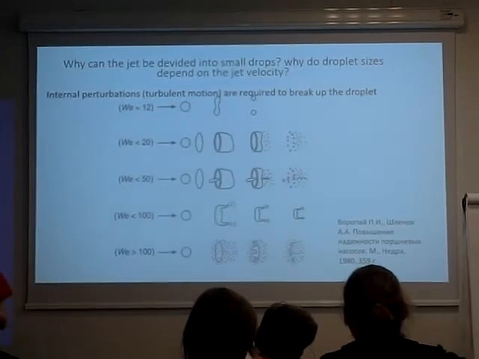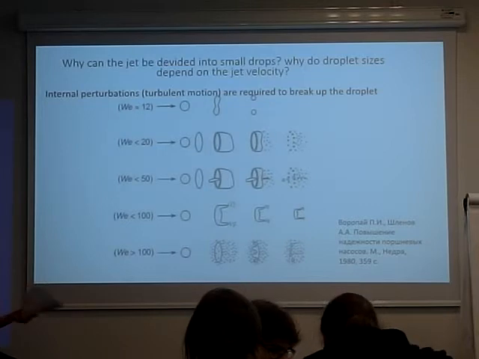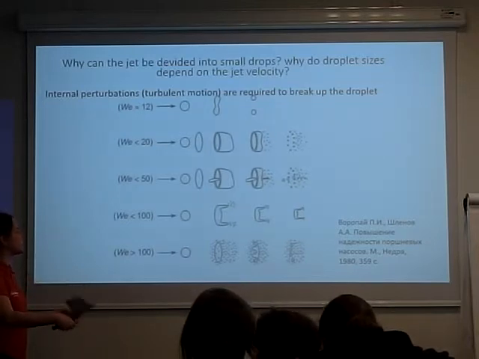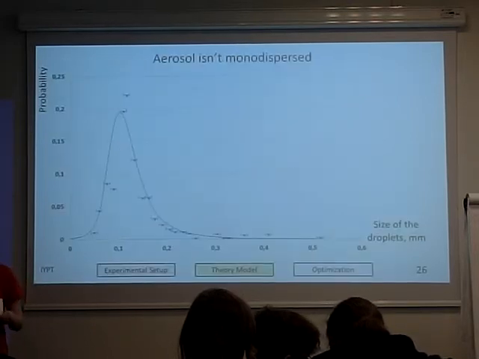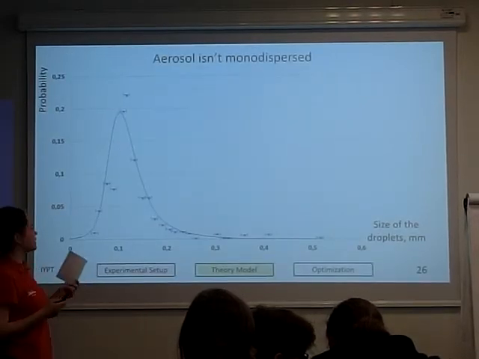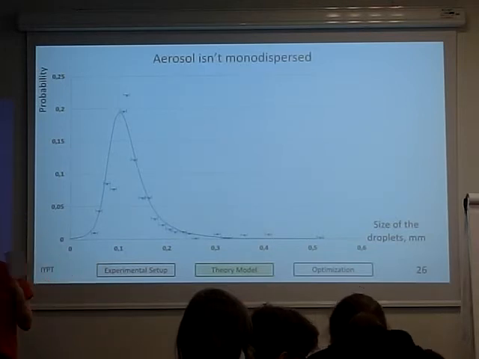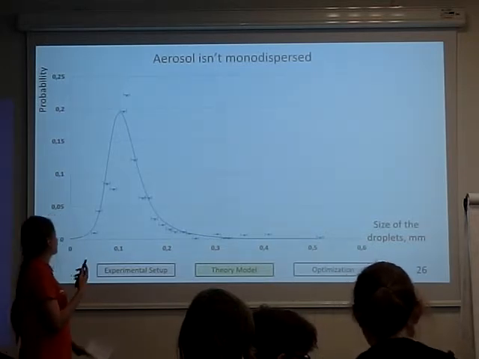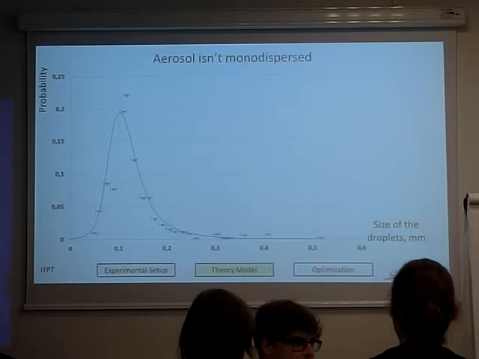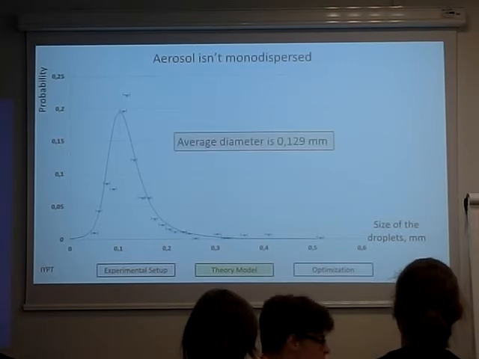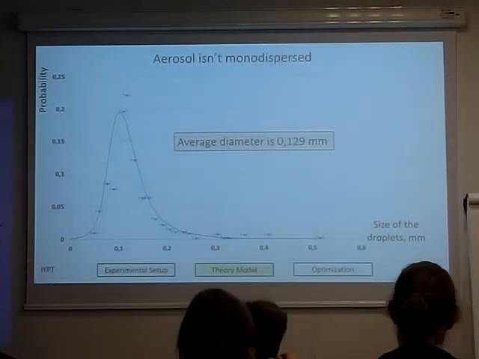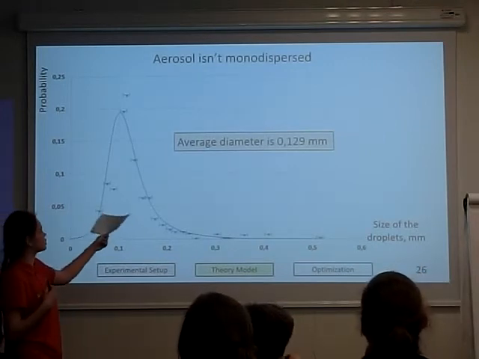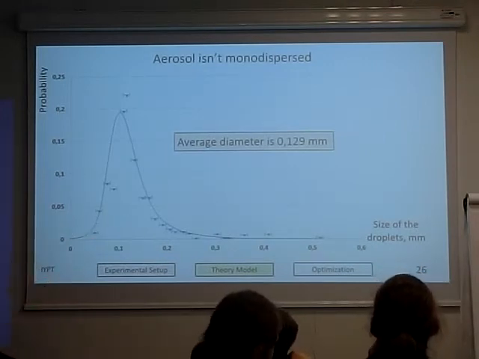In the literature, we can find that with an increase in the Weber number, the size of the droplets decreases and the number of droplets increases. So we understand that after this Reynolds and Weber number, we will have a different size of the droplets. Therefore, we will make this dependence, the probability on the size of the droplets. We will consider that we have an average diameter. It is for this situation, you can see this on the slide, and